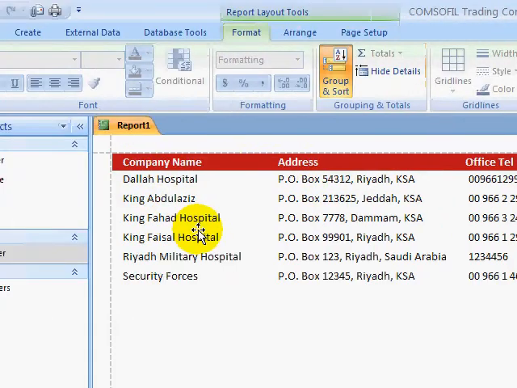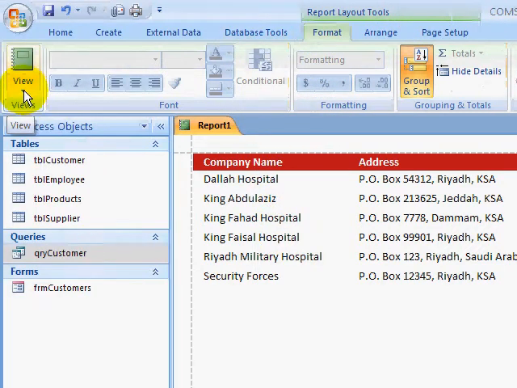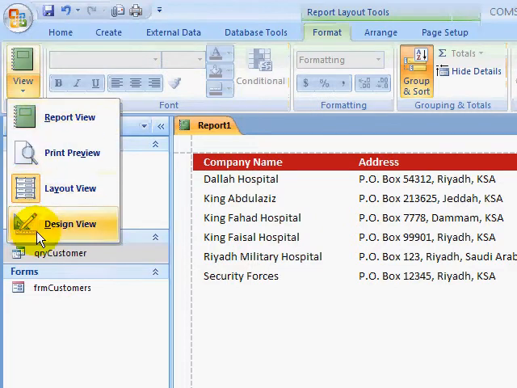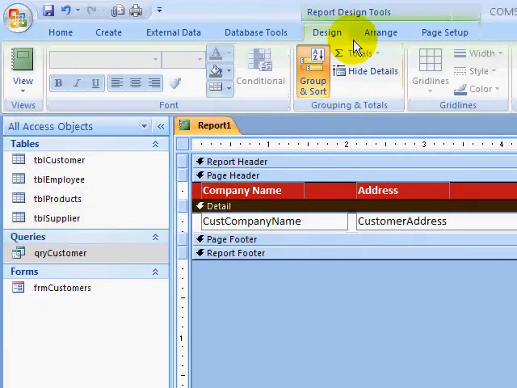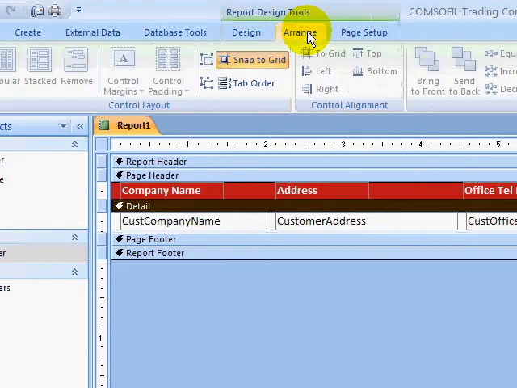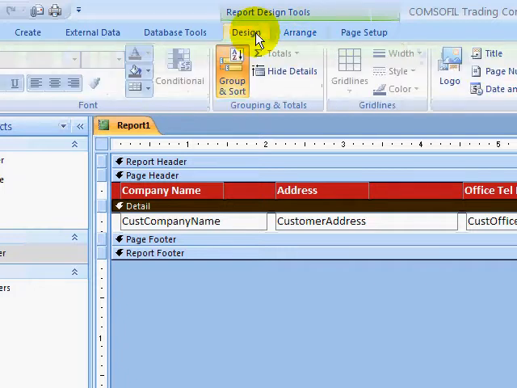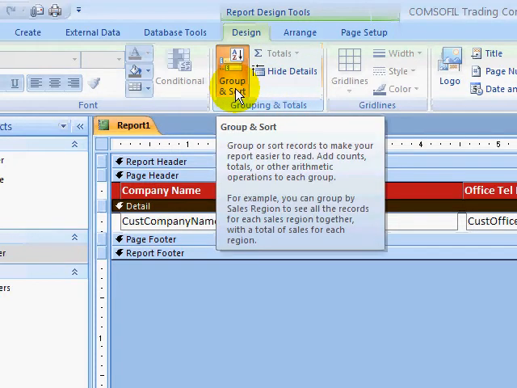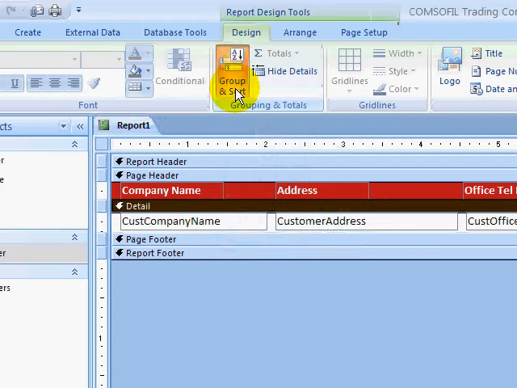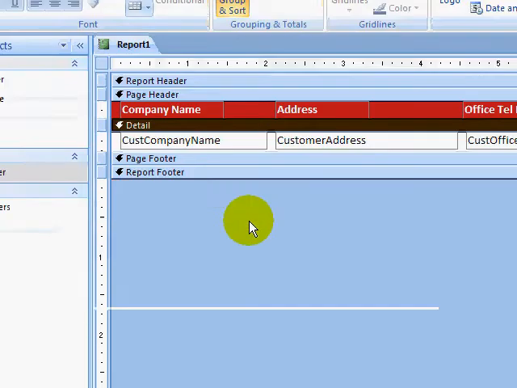How to create the group? You can go to the design view. Okay, design view, and then in the design view, go to the arrange. Let us find it. Design, grouping and subtotals. Now in the design, there's a grouping and subtotals. You should click this group and sort, and once this group and sort are selected, you will go to the